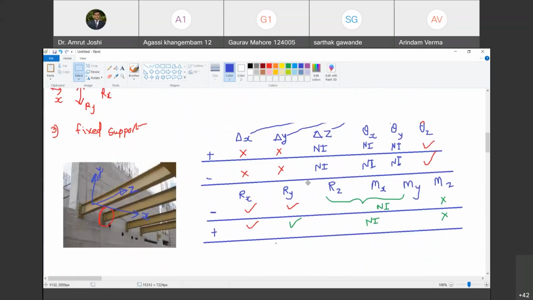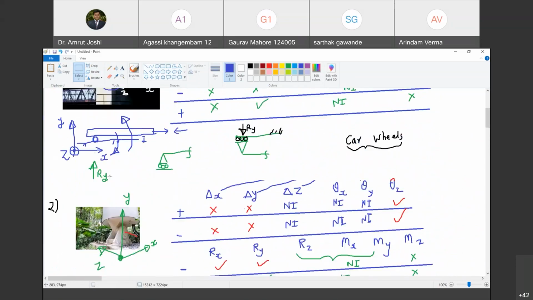Acha, before we discuss this, can you give me the example of a hinge support? Practical example of a hinge support. So seesaw. Yes, very good. Anything else? Door, sir. Yes, door hinges. That's correct. Weighing machine, the manual one. Yes. So that is something similar to seesaw concept, right?